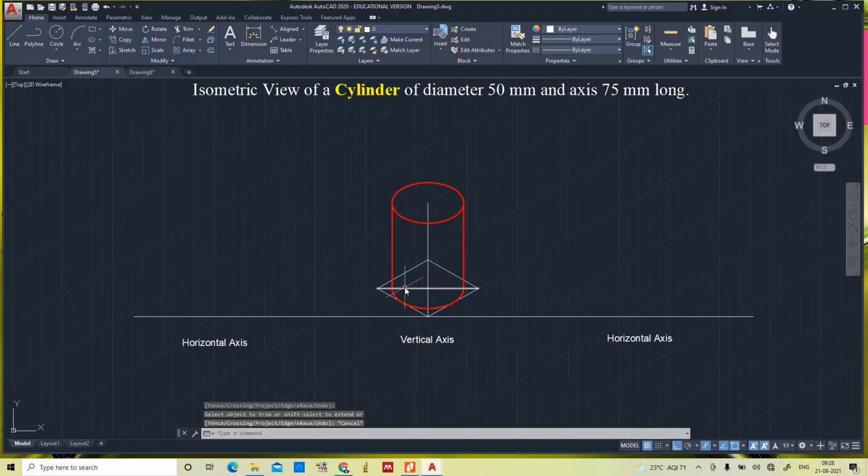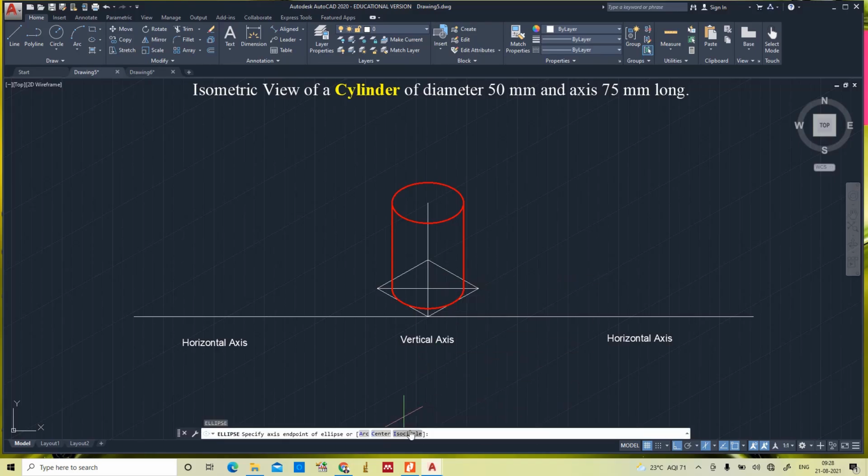Yes. Now we have to draw a curve, an arc, here. Observe keenly here: for the vertical axis I am going to use one procedure, and for the horizontal axis I will use another procedure, and you will come to know the difference. First, again ellipse. Here you have arc, center, isocircle.